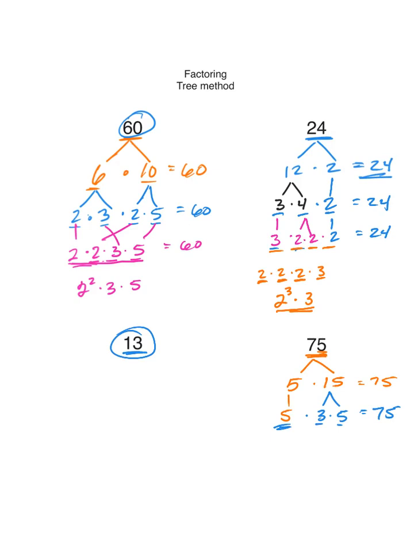So again, I've got to write it out in an expanded form. So I'm going to write that out and say, well, the smallest number is 3 times the 5 times the other 5. This is my expanded form. And then as I look at that, I check 3 times 5 is 15, times 5 is 75. I could look at it and say, well, 5 times 5 is 25, times 3 is 75. If you have 3/4, it's 75 cents. So this equals, and then I'm going to put the exponential form,